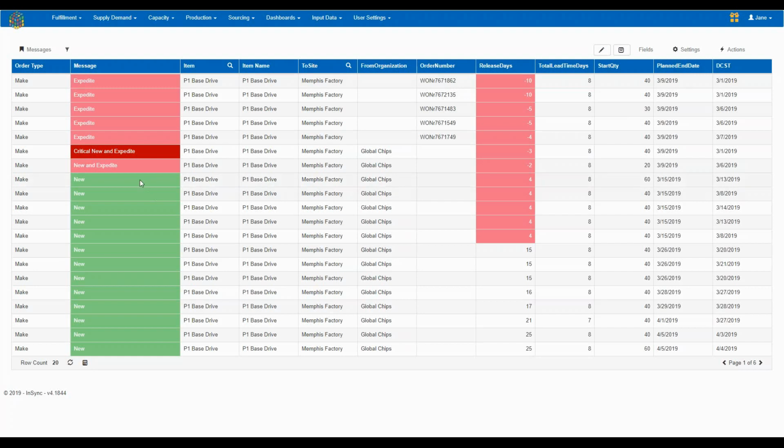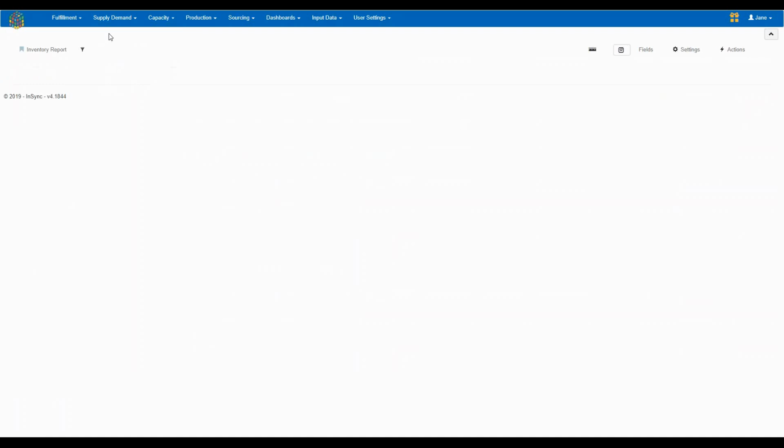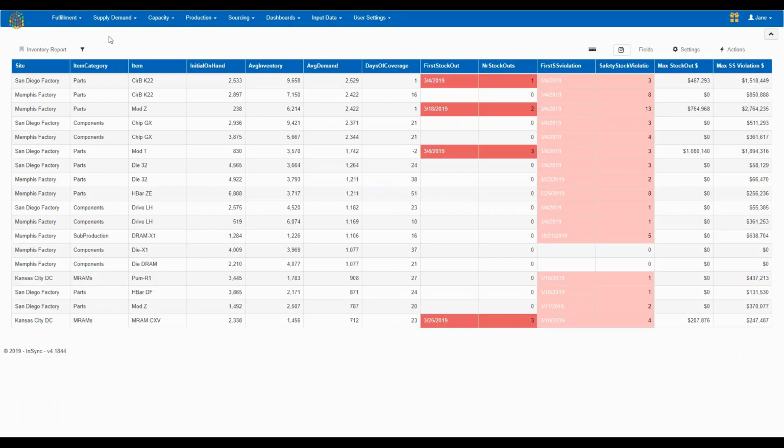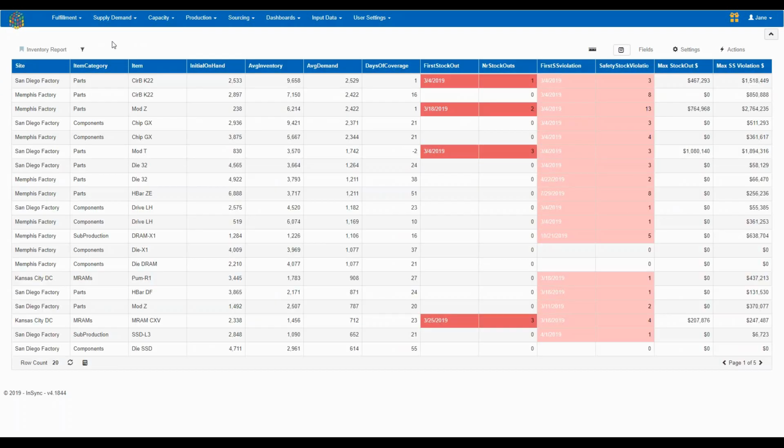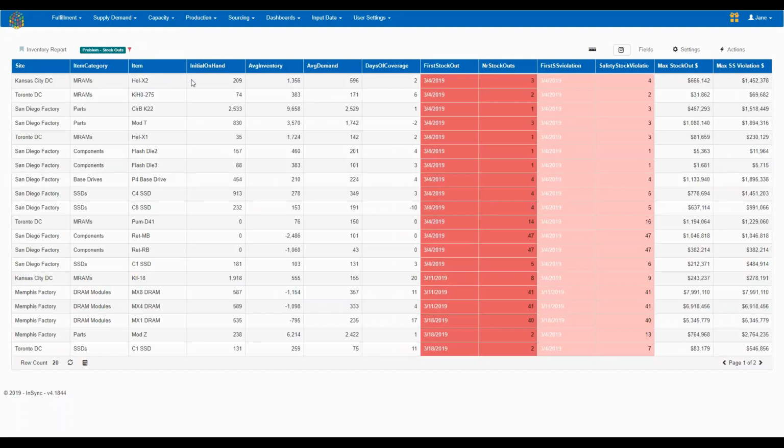Further out in the horizon, we see new messages, which are proposals for additional supply. We can also see this information summarized from a different perspective in the inventory report. Here we can see a summary for each stocking point. Let's use an exception workflow to focus on stocking points where we have stockouts and filter the item category for